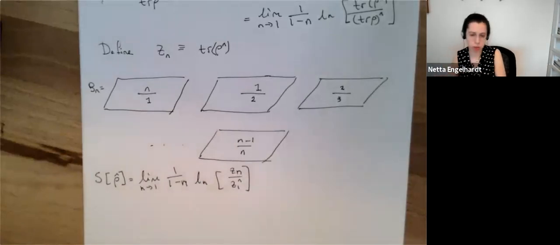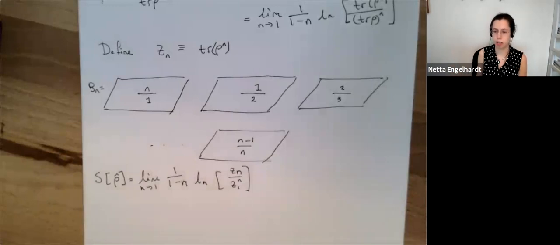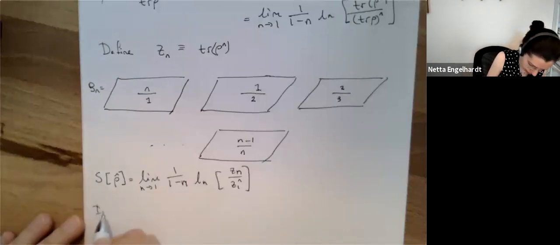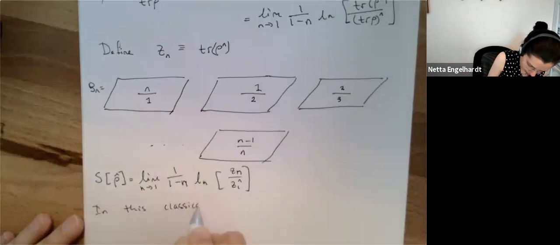Okay, now we're going to use the fact that we're working in the semi-classical limit, and we're also going to use the fact that we have a static spacetime, which means we can talk about the Euclidean continuation of it just by taking this distinguished t coordinate to i tau. So in the semi-classical, classical static limit,